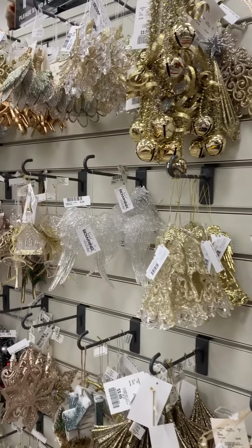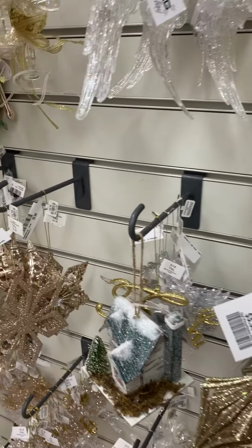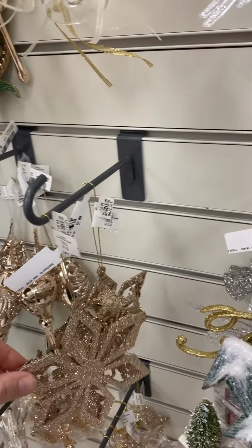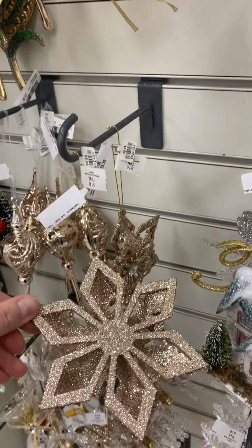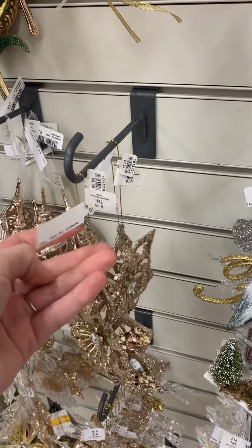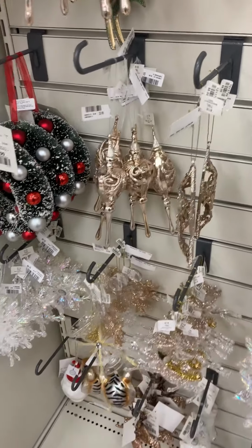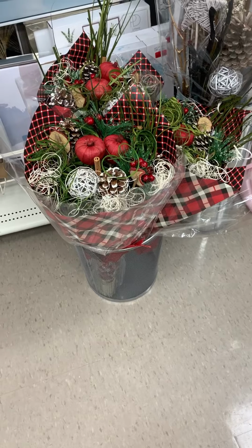So personally, for our Christmas tree, we always put sentimental ornaments that have memories associated, but I do just have a guilty pleasure of looking at all these beautiful ones. Like, look at this, so glittery and beautiful. Imagine the way it would catch the light. This one was $4 a piece, but you can get little sets and stuff,